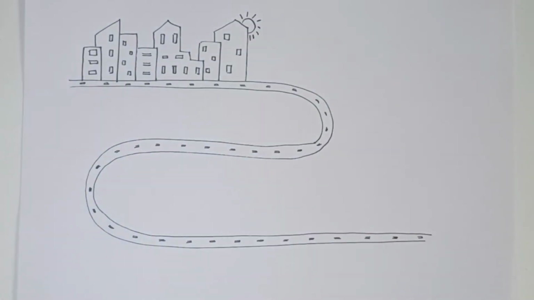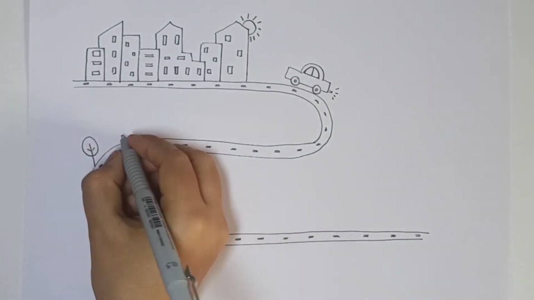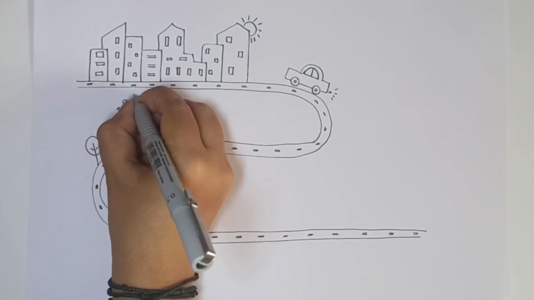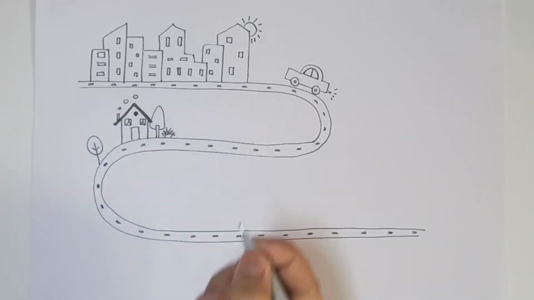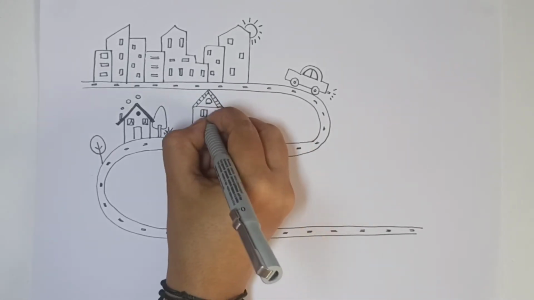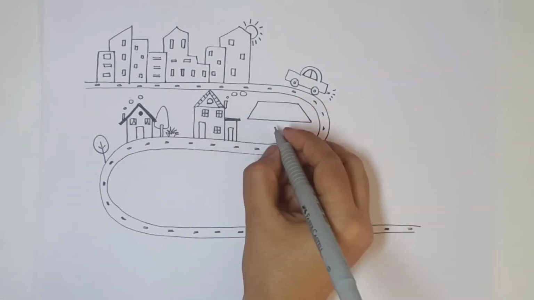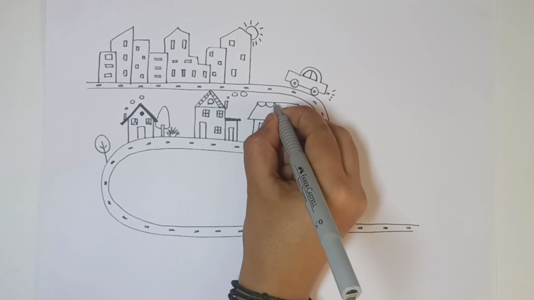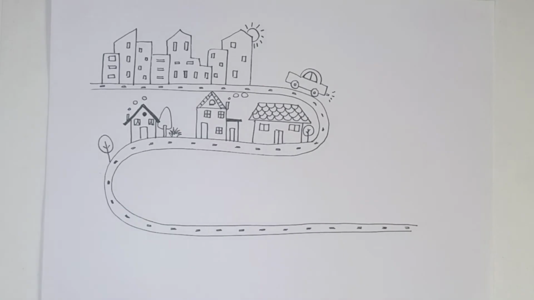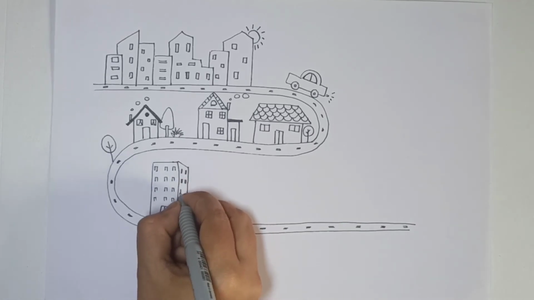And one sun which is not totally visible. And then later I am going to do a car and some noisy pattern. In between adding some trees and some houses with detailed patterns and forms. And just kind of adding some more buildings because that's what a city is made up of.